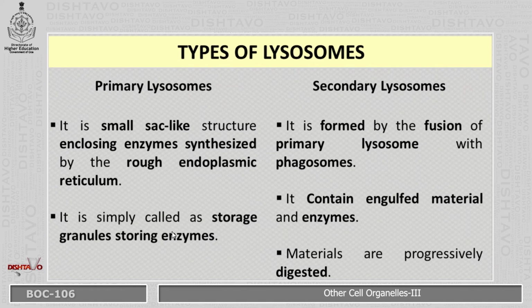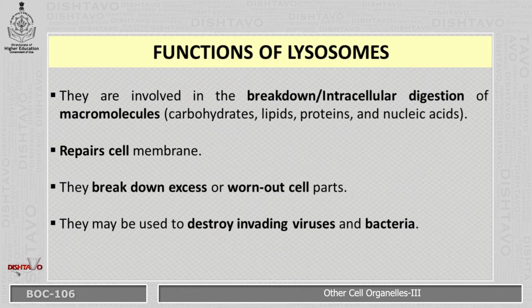Primary lysosomes are simply called storage granules storing enzymes. Whereas the secondary lysosomes contain engulfed material and enzymes. Materials are progressively digested. Let us see the functions of lysosomes. They are involved in the breakdown